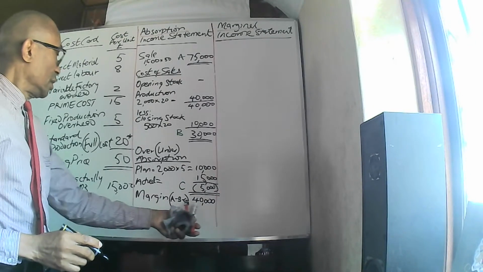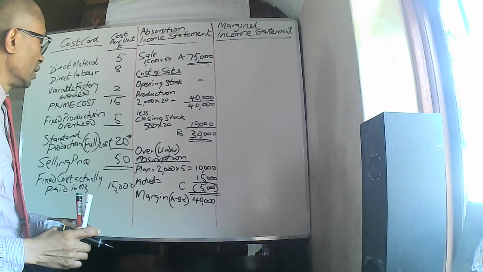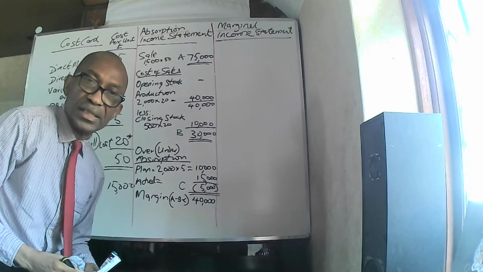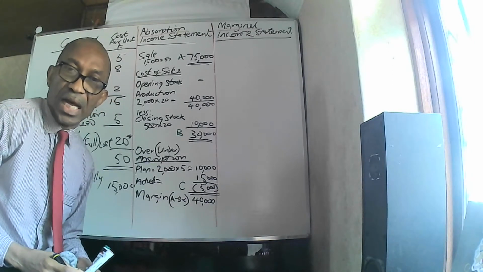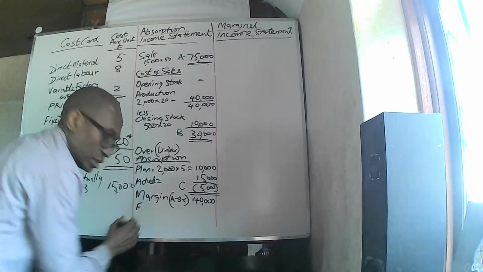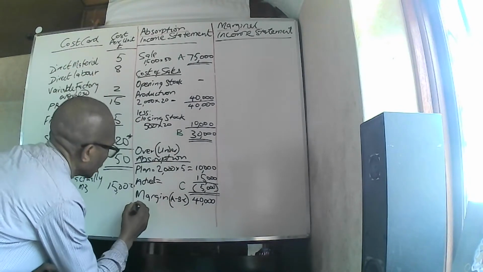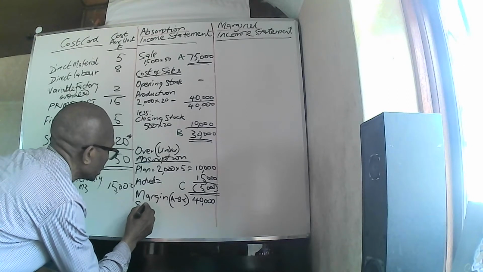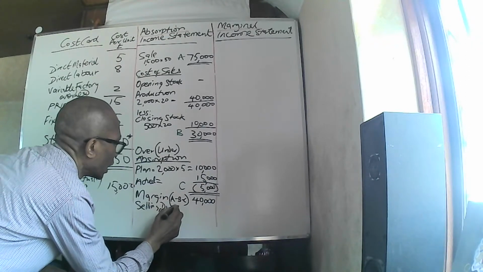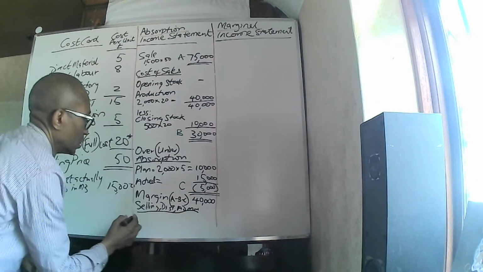After getting to this point of 40,000 margin, we now have to deduct the other functions, which are the selling, distribution, and administration expenses. So they are fixed and variable. Less selling, distribution, admin, fixed: